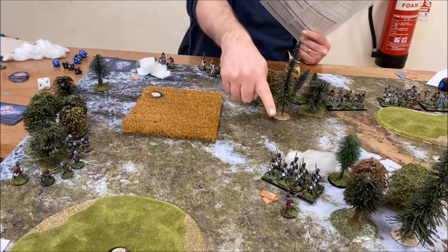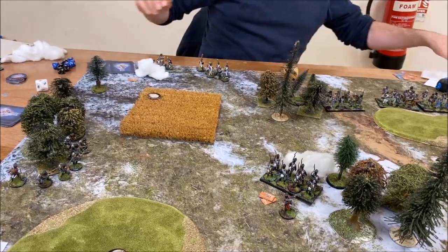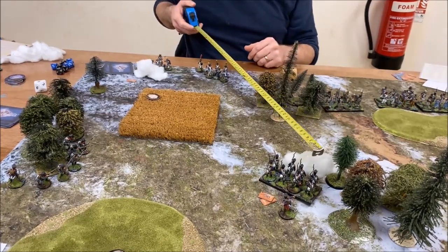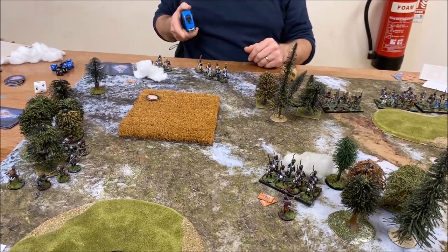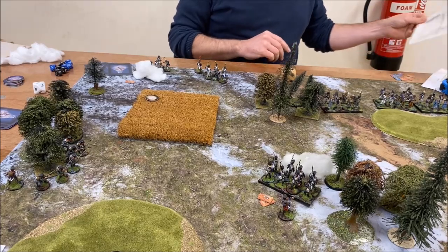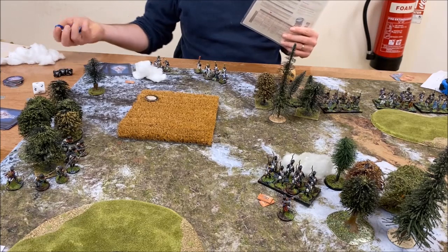I think these guys will go against your formed up. So how far are you away? I'll assume you can see them because they're in the open. Yeah, they've got smoke as well. Yeah, well, you're going to see them. So yeah, they're within 24. So you shoot on a 5, over 12, 7,